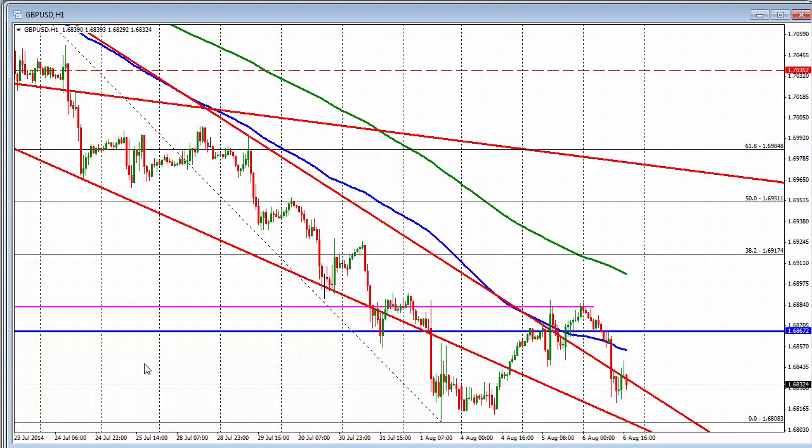So off the hourly chart, we're also showing negative bias here from a technical perspective. Stay below the 100-hour moving average, and that's bearish. Here's a 100-day moving average. So